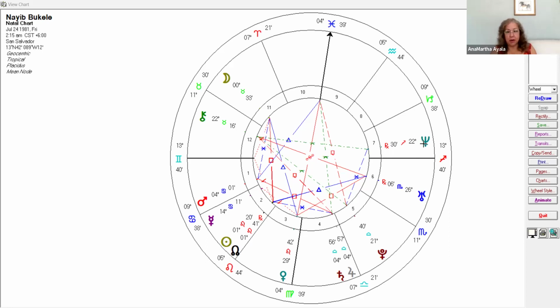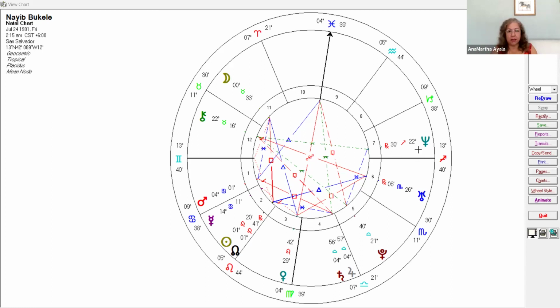Now he has Sirius conjunct Mercury, and he has Regulus conjunct Venus. So he will do very well in business and with women. I am sure that his wife has to be a very pretty lady. I don't know what she looks like, but she should be very beautiful. Typically, when you have Venus in Leo, these are very beautiful women. And then